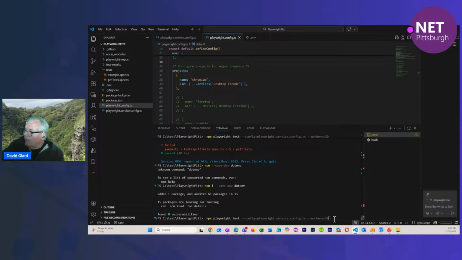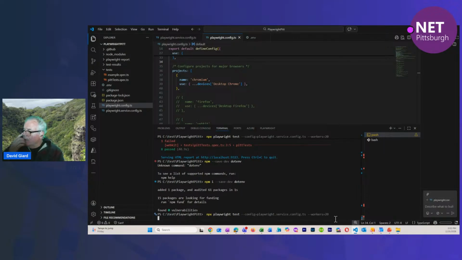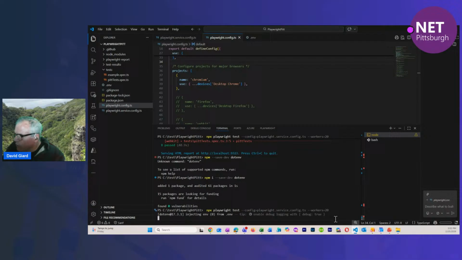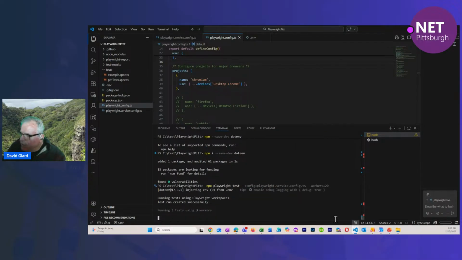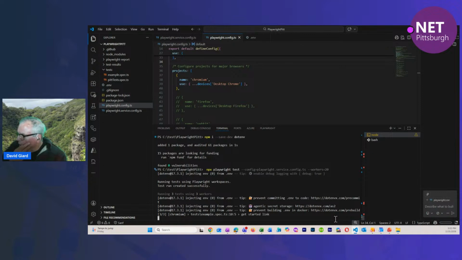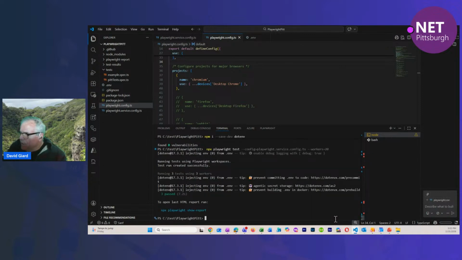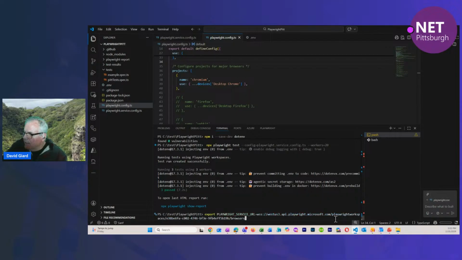And now if I run these tests, npx playwright test dash config playwright service, with workers equals 20, it should only run 3 tests, not 6, or not 9 rather. And it's running, it's getting the secrets out of there. They all passed. And if I say show report, which is in my history,